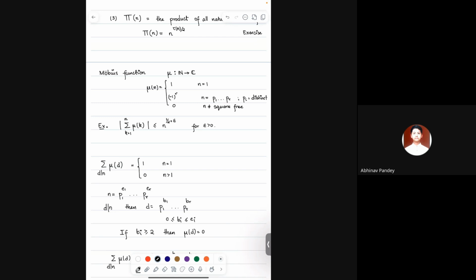If the number is square free, that means no prime power appears as a square or higher power in the prime factorization of n, then it'll give you a yes, it'll give you 1. And if any integer has a prime factorization and it is not square free, then it's going to give you 0. It's going to give you no. So it's an indicator function for understanding whether a number is square free or not.